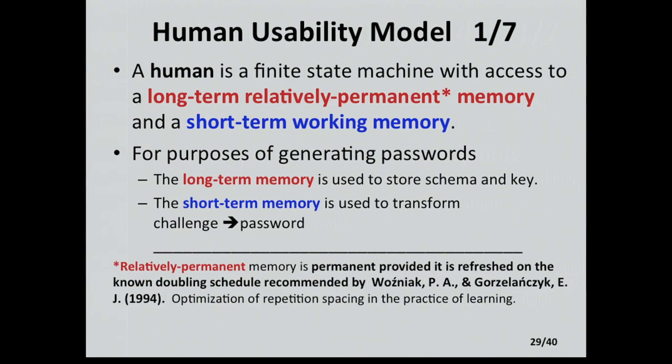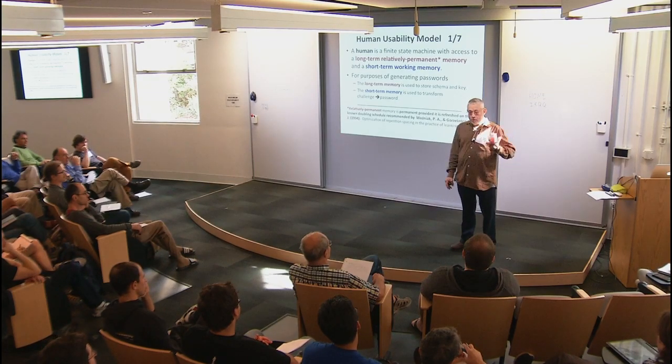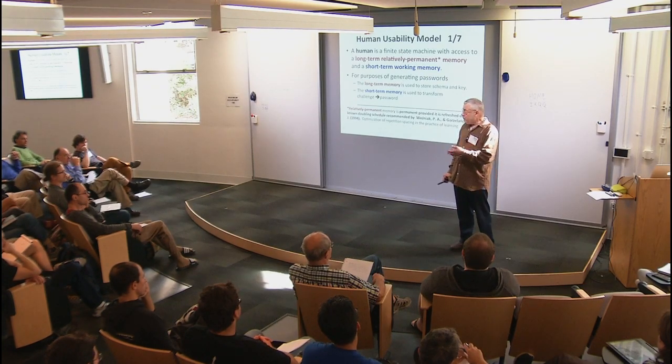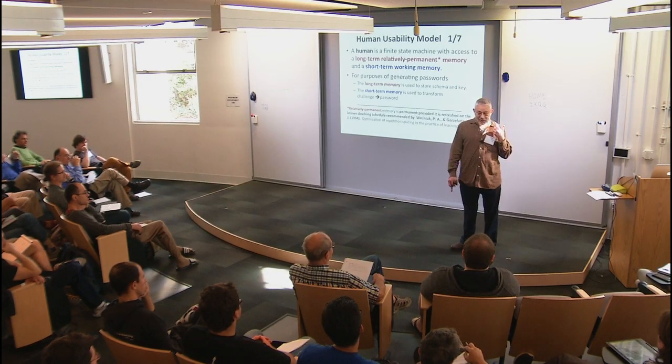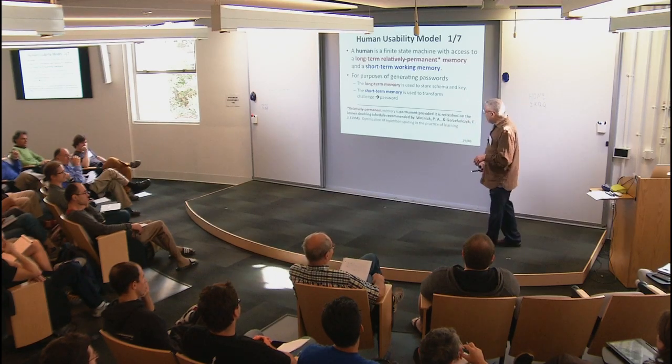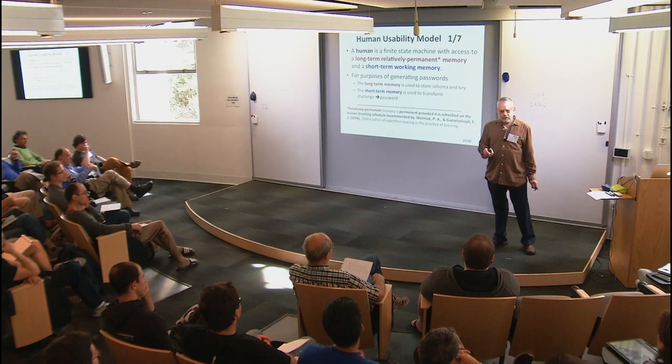And he spent his whole life working with this. One of the many wonderful experiments he has is he took 7 computer science students in Poland. It's just by chance that happens to be computer science. 7 computer science students who were Polish and wanted to learn English. In the next few years, they built up a vocabulary of 40,000 words. My God, 40,000 words. That's a bigger vocabulary than I have. And he did it in order to find out what this doubling schedule is.